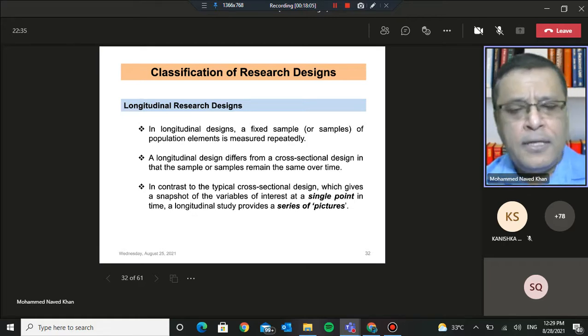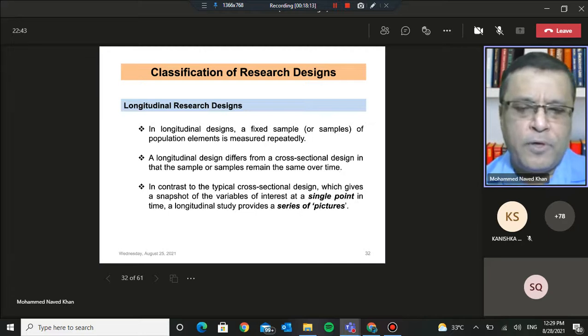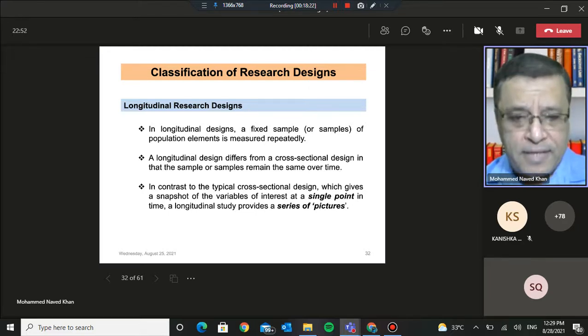So in our case, generally, even if we are following a longitudinal design, the time horizon will not be more than 2 or 3 or 4 years, because generally we are supposed to wind up our doctoral works within this time. So that is why it will not extend indefinitely, or it may not extend to, say, 10 years or 15 years time frame.